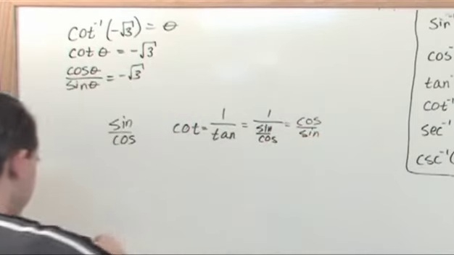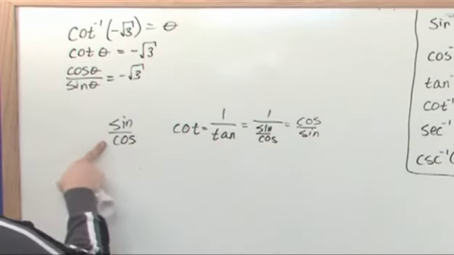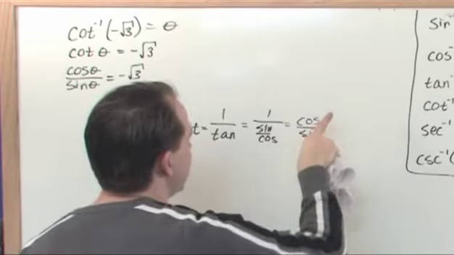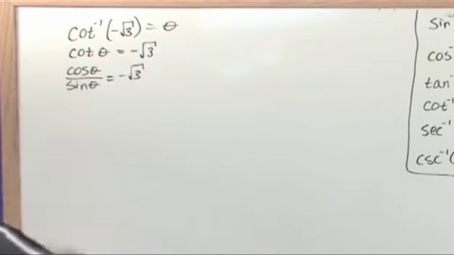So really, to boil it down, just something easy for you to remember: the tangent function is sine over cosine. The cotangent function is cosine over sine. That's really the thing you need to remember. Okay? So we wrote the cotangent function as cosine over sine, and the reason I'm doing this is because personally